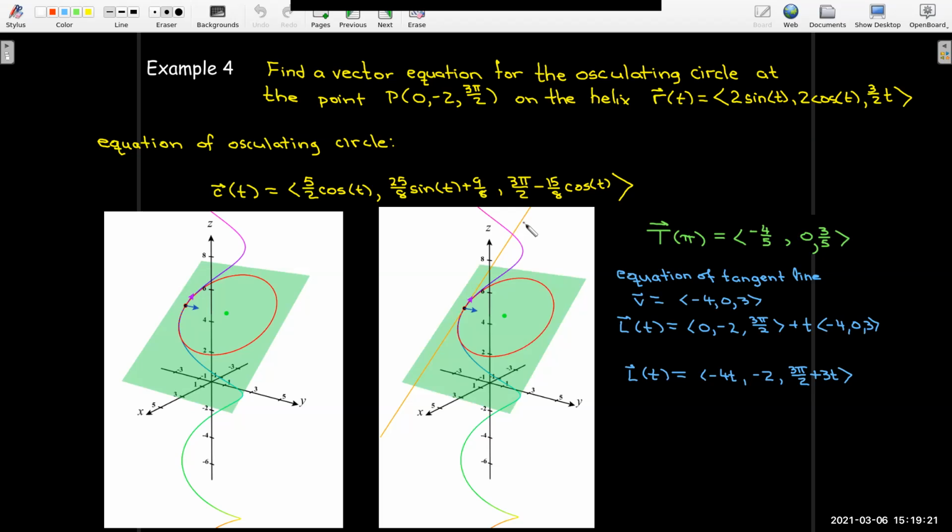Again, here the orange line is the tangent line. Just a reminder of how I calculated that. I had previously calculated the unit tangent vector, so I could choose as a direction vector any vector which is parallel to the unit tangent vector. So I just cleared out the fractions here. And then our fixed point on the curve had a position vector of 0, -2, and 3 pi over 2. Now, I should be careful here, and I'm going to actually make a note that